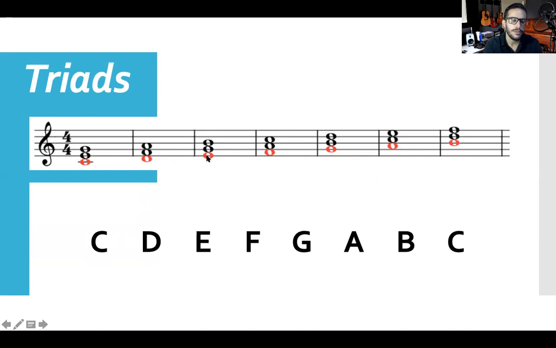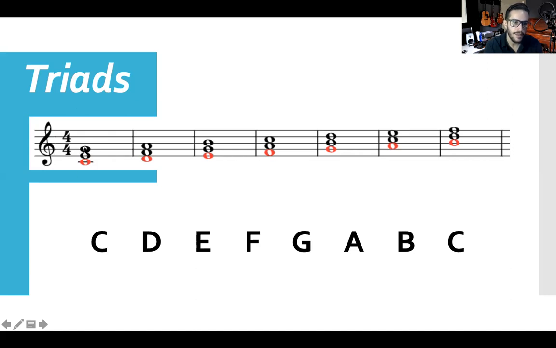How are you going to do that? Well, if you look at the staff and you look at the C right here, C is on this ledger line. Ledger lines are additional lines that we add to the staff. So if we have here the C on this ledger line, the next note will be on the next line. Here you can see it on the first line of the staff. And then the next note is going to be on the next line of the staff, which is right here